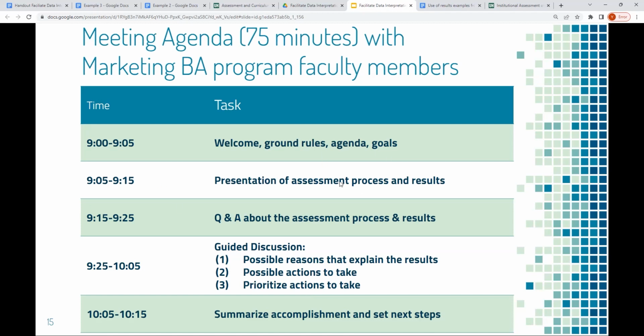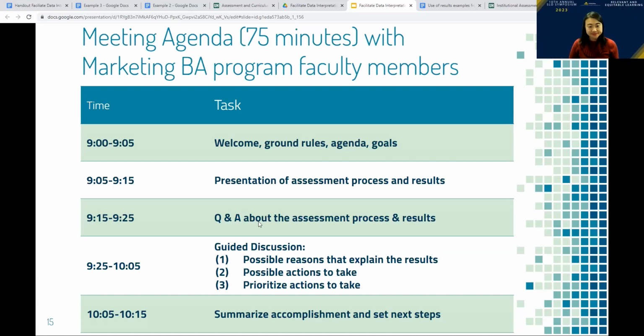Then we can start with telling people what's going on, a presentation, and then allow time for Q&A. Before, I had 20 minutes, I don't have time for this. I just tell them what the limitations of the assessments are. And then,